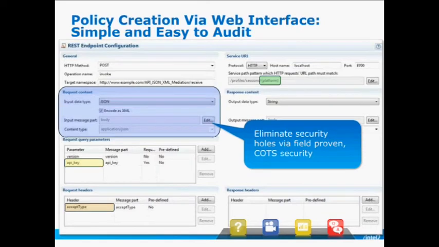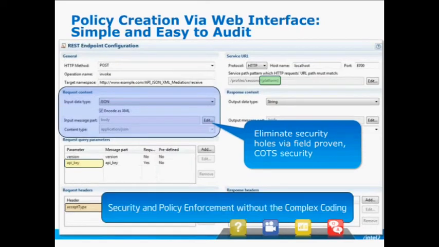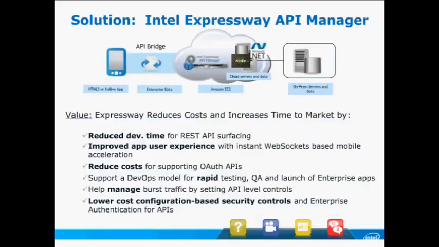So basically this gateway approach gives you the policy enforcement without having to deal with the complexity of coding. And that's one of the benefits of our product, Expressway API Manager, provides the ability to do that through a centralized visual interface. It allows you to more quickly deploy APIs and surface new APIs. You can do a mashup or do a workflow to surface a legacy data asset, whether it's a SOAP service